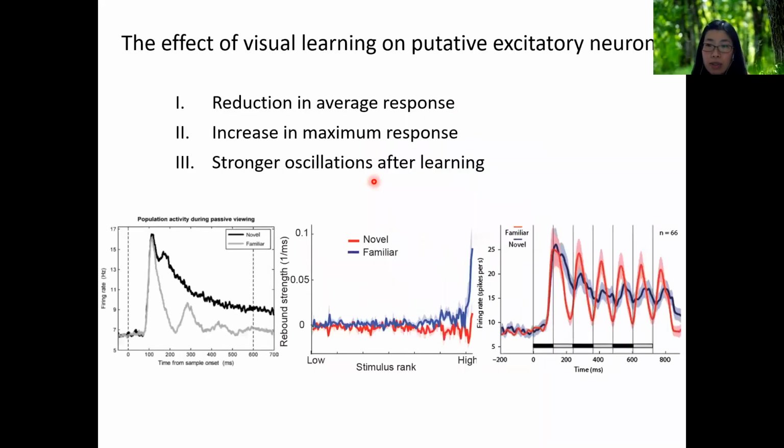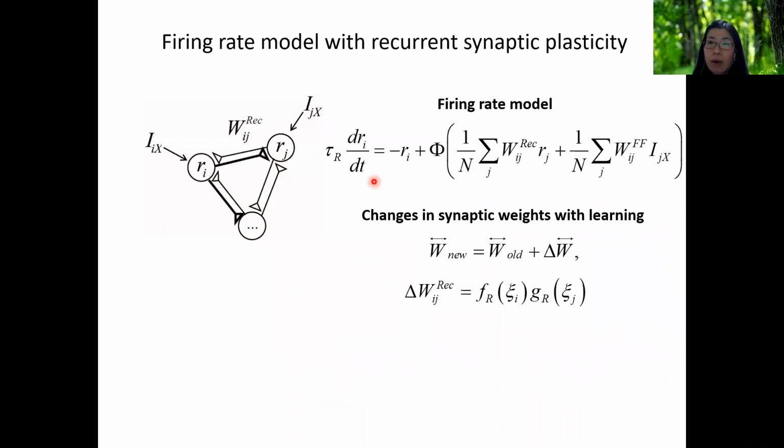Given this interesting observation of a stronger oscillatory response after learning, I first investigated whether the recurrent synaptic plasticity derived from the time average data can explain such dynamic changes. For this, we consider a firing rate model with time dynamics.